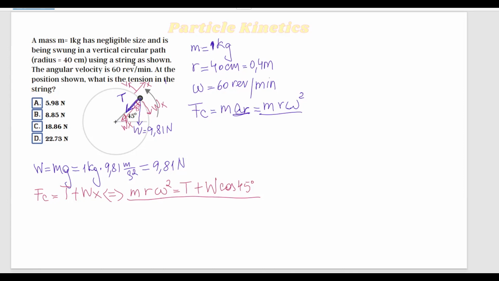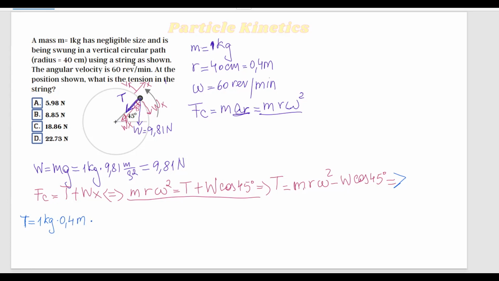So now from this equation, we can calculate for T. T is going to be equal to M R omega squared minus weight cosine 45 degrees. Now let's substitute. T is equal to, mass is 1 kilogram multiplied by R, which is 0.4 meters,